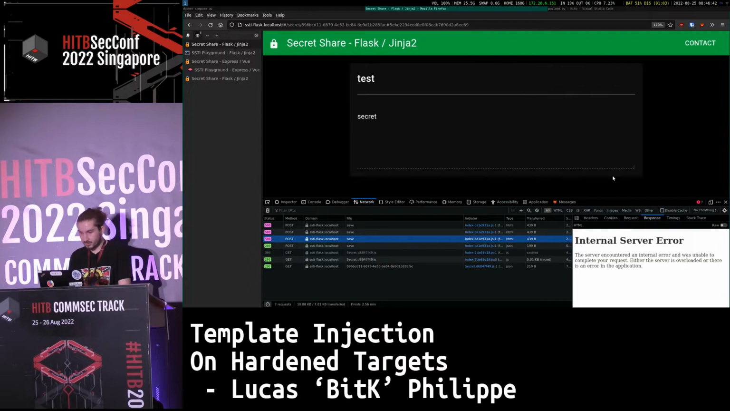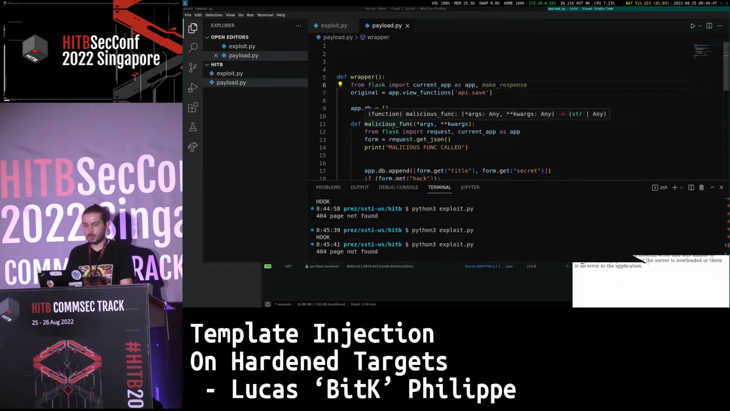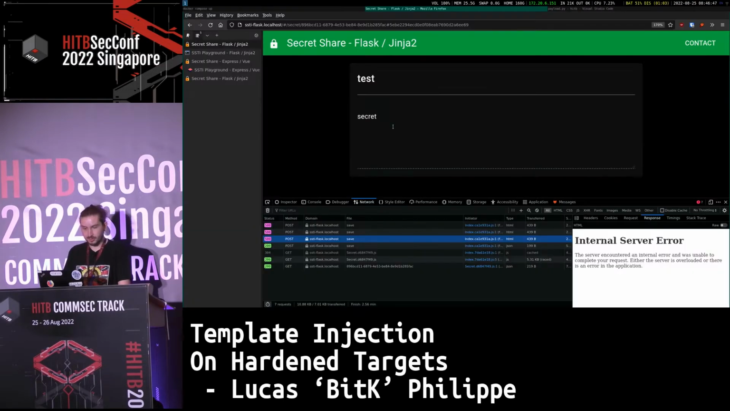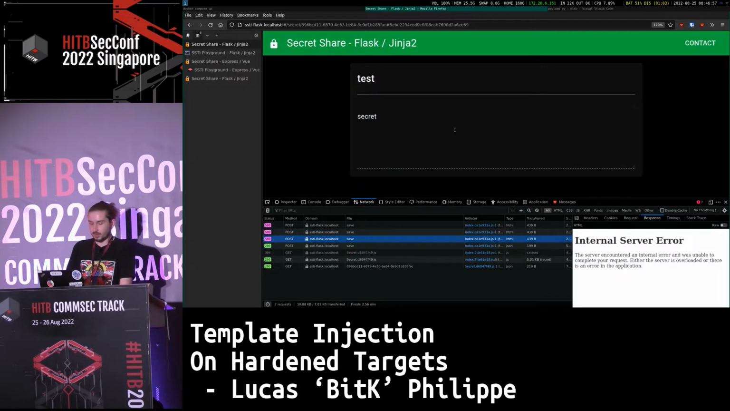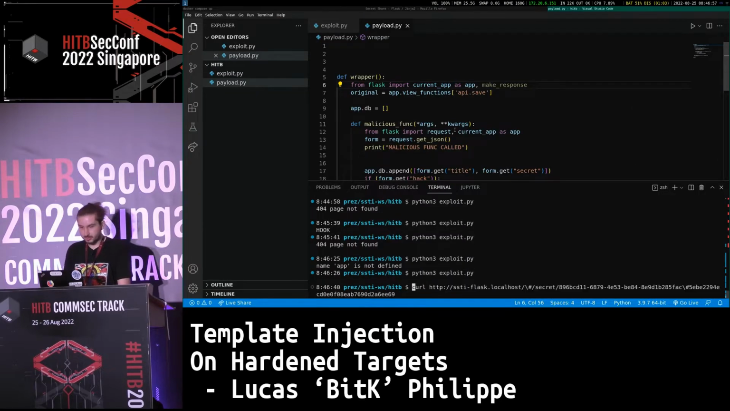If I try to save, no, okay, so I can save my secret. But actually my malicious code should have been running inside of the original one. So now I will try to do a curl request. So curl, what's the website name again? Is this one? Slash, so it's this one, and